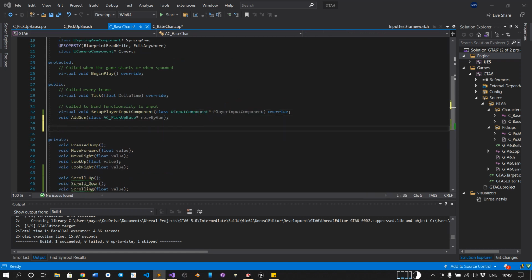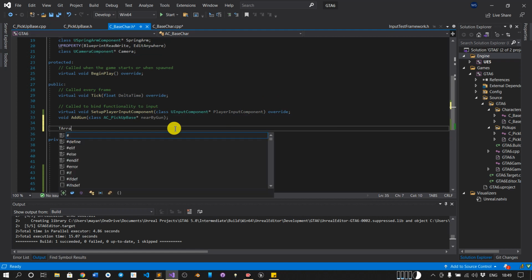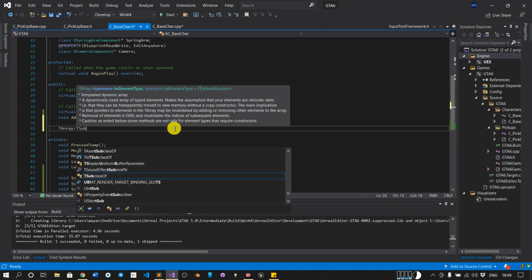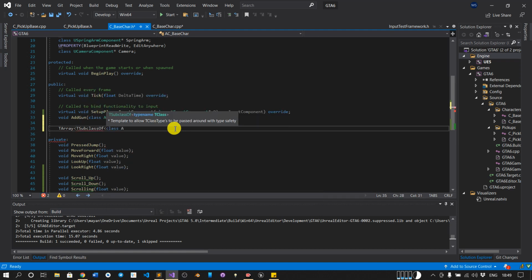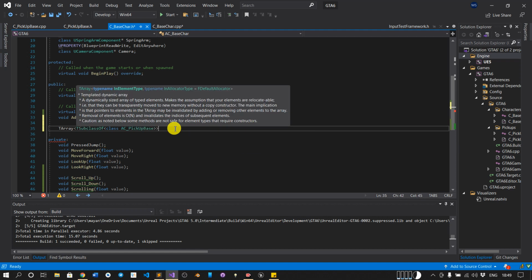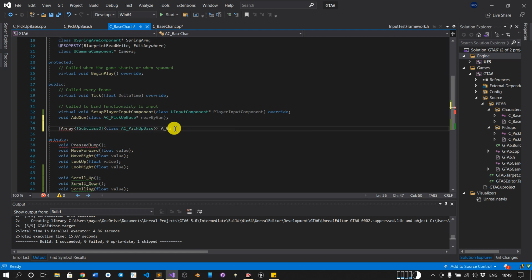So we will create a few variables. The first variable is the array, like we can have different guns, and one variable to hold which gun I'm currently using. So TArray of TSubclassOf of class APickupBase, A underscore guns.